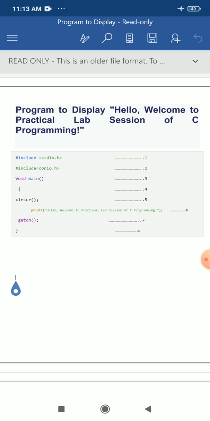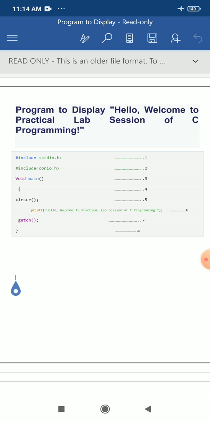Now, in these header files, first of all you can see we have written #include. Dear students, basically this #include is a preprocessor directive. What is a preprocessor directive? Basically, it will include the file which is given within the angle brackets into the current source file. So you can remember that #include is a preprocessor directive.